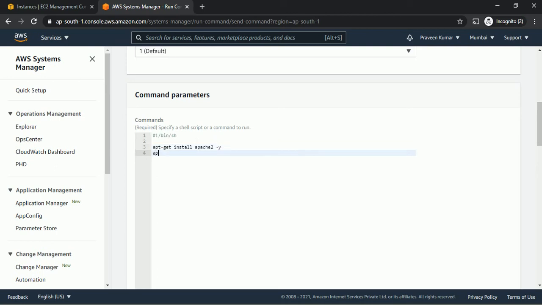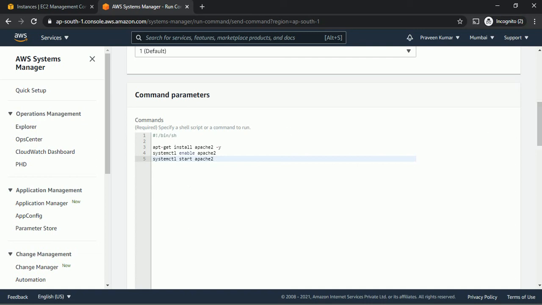Next we have to enable Apache: systemctl enable apache2. Next we have to start Apache: systemctl start apache2. So this is my shell script. This will install Apache on my Ubuntu Linux instance, enable Apache, and start Apache. So once you browse the instance IP, you can see the Apache web server in my browser. Okay, this is my script.